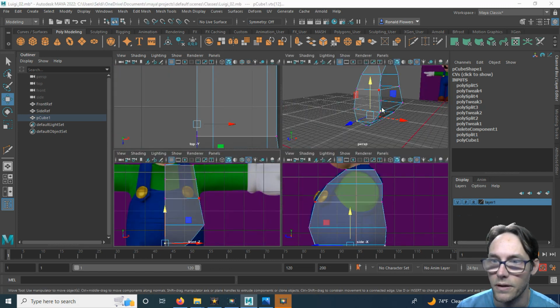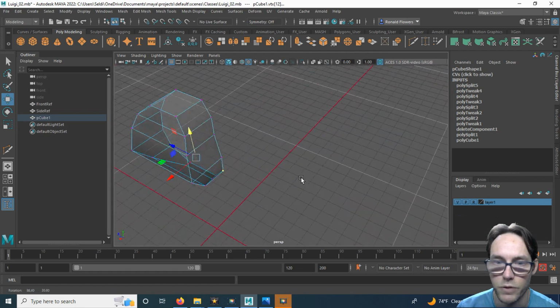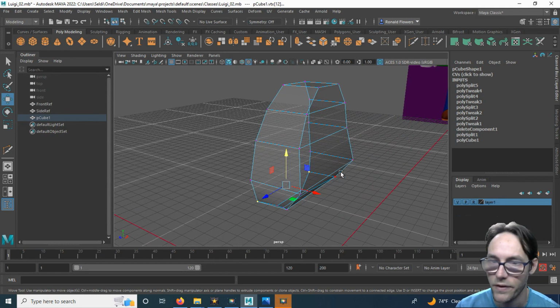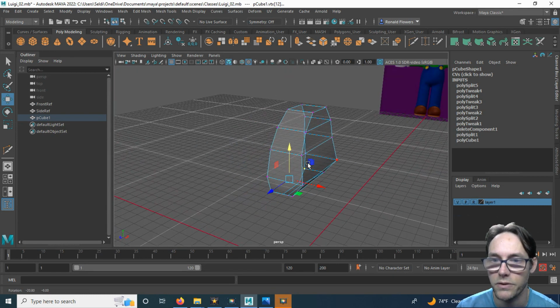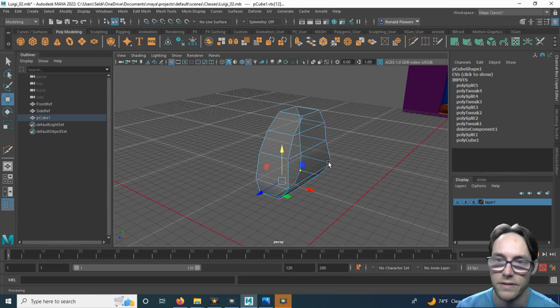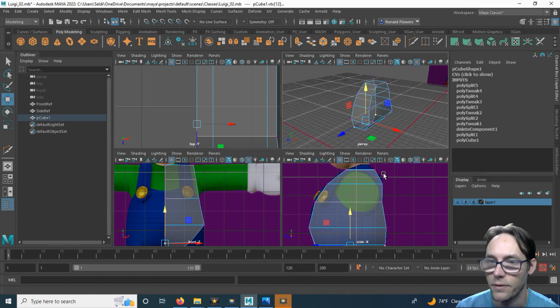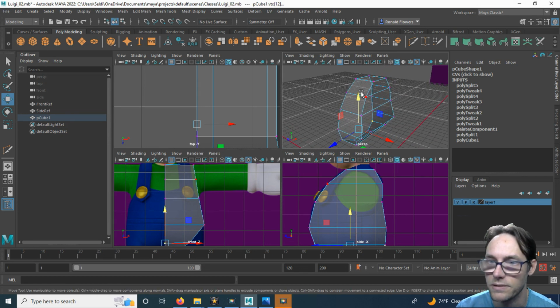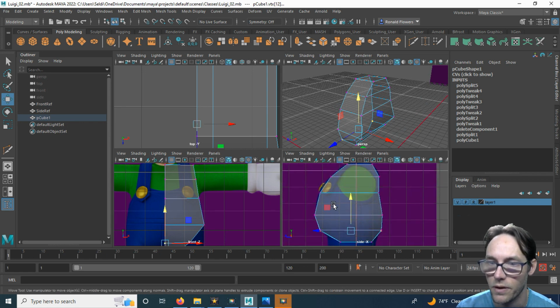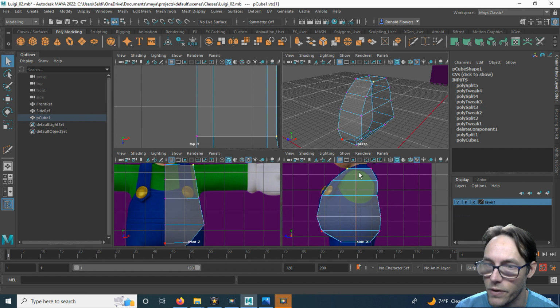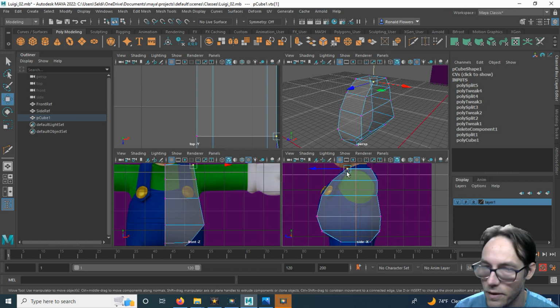Good, good. Okay, so now if we come into our perspective view, you can see we have the shape taking place. Now this is a bit too wide over here, so what I need to do is narrow this. The easiest way to do that is to keep my 4-view open, so I'll go ahead and split the 4-view. And I'm going to use this view so I can see the points in my perspective view, so I know which ones to move in my side view. Okay, so I'm going to grab this first point here. You can see that is there. I'll get my move tool and just move that point back,